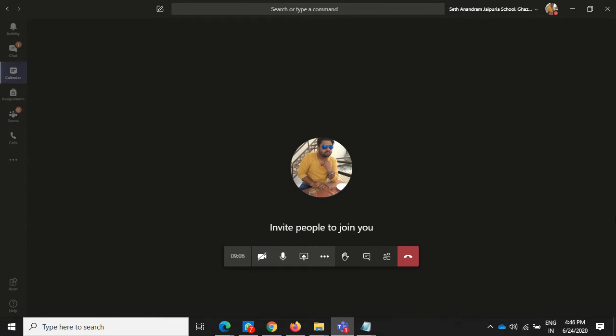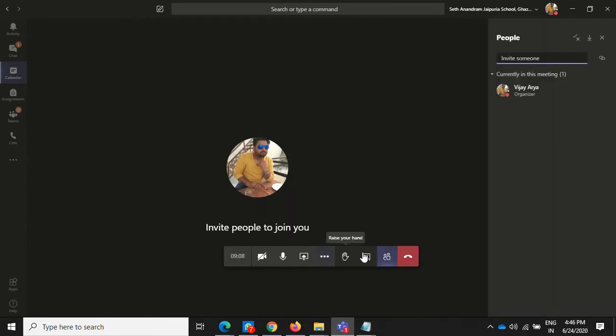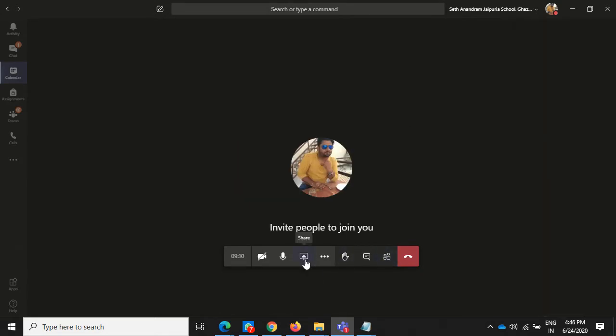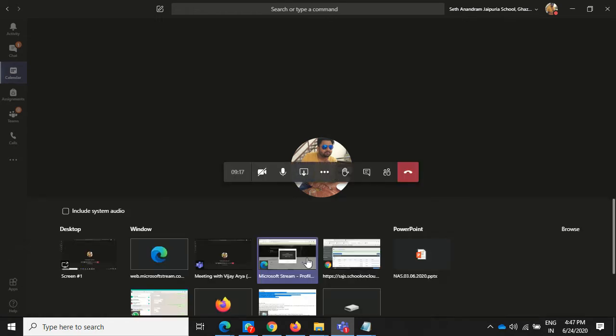Suppose your meeting is going on, and here you have the participant list and your control panel. For screen share, there is an up arrow button. We can use that to share the screen. When we click on the share screen tab, we find there are so many options. If you have to play some video, or you want to show the Tata Edge classes content that has sound, then you have to click on include system audio and then share the screen.